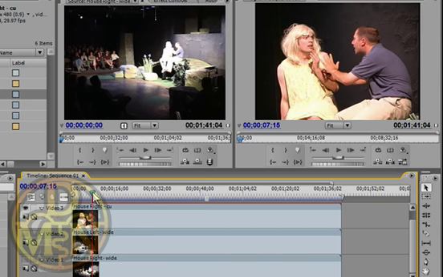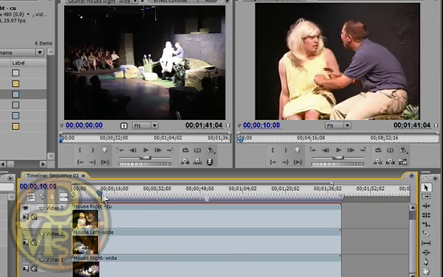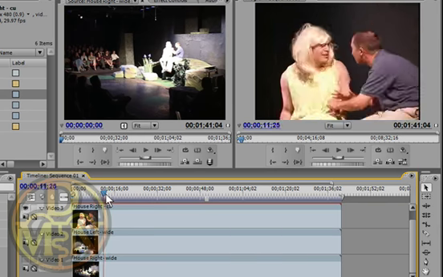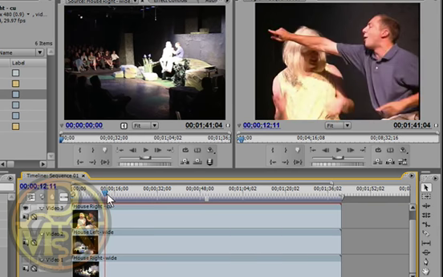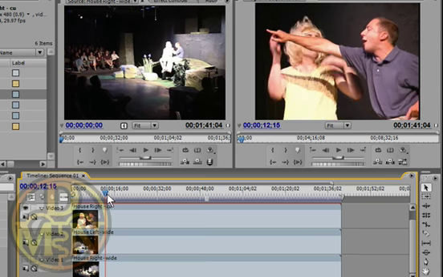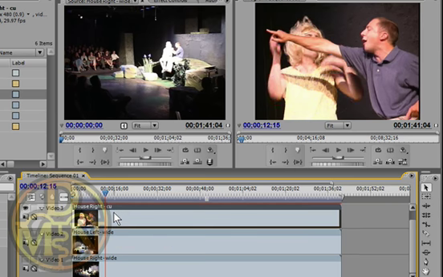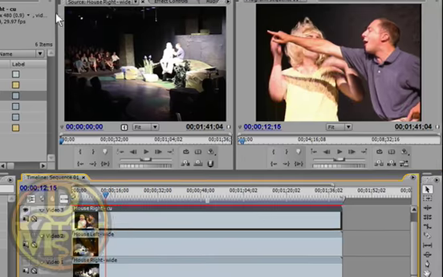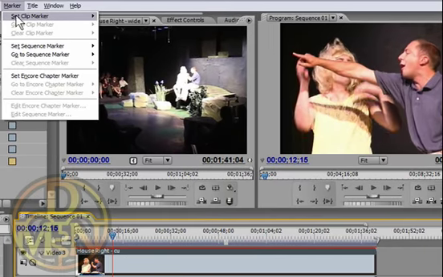And what I want to do is find some event that happens that's a quick event. Okay, let's say for example, this actor hits the other actor's forehead. Okay, let's say right about there. Their hands are about at the same level, so I know that from whatever camera angle, I should see that their hands are at the same level, and I should be able to find this easily on all 3 of my clips. So I select the clip on track video 3,